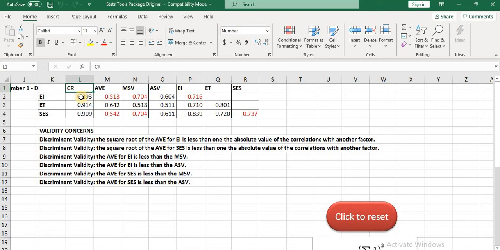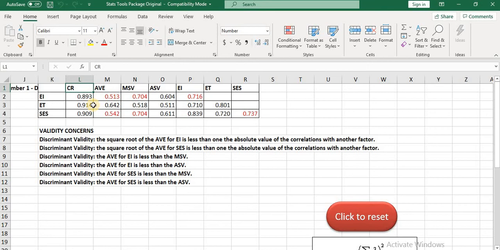The composite reliability must be above 0.7, AVE must be above 0.5, correlation must be at a significant p value, and square root of AVE must also be above 0.5. So all these values are within the threshold values and are acceptable.